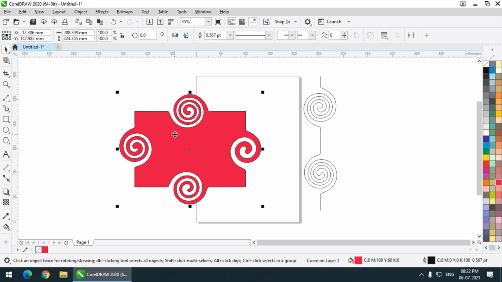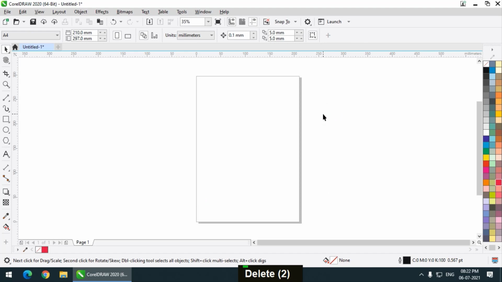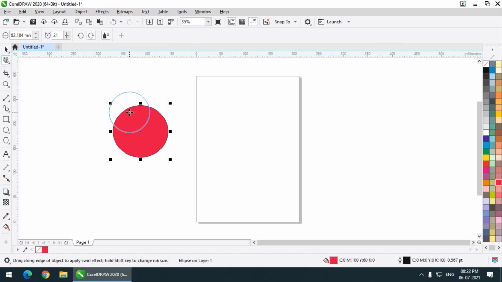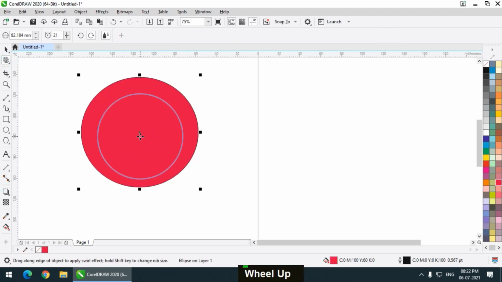Let us try and create a shape using the twirl tool and the tools that we have discussed in the previous video. So if you haven't seen my previous video, please go and watch it, then you can enjoy this video, or in particular the steps that I'm going to perform right now. So let's say I have created this particular shape, which is an oval shape, and as you already know, we cannot use it on the fill color.